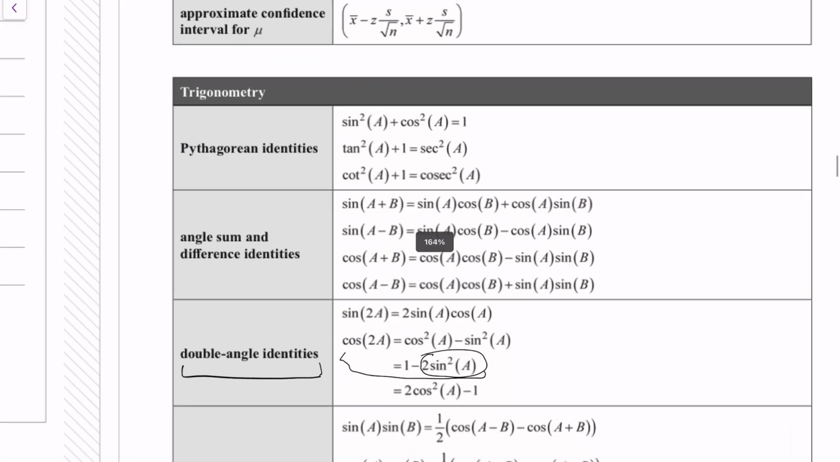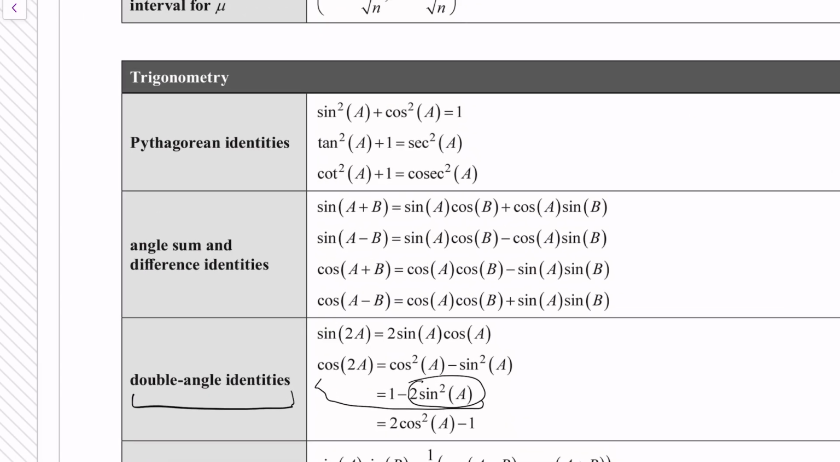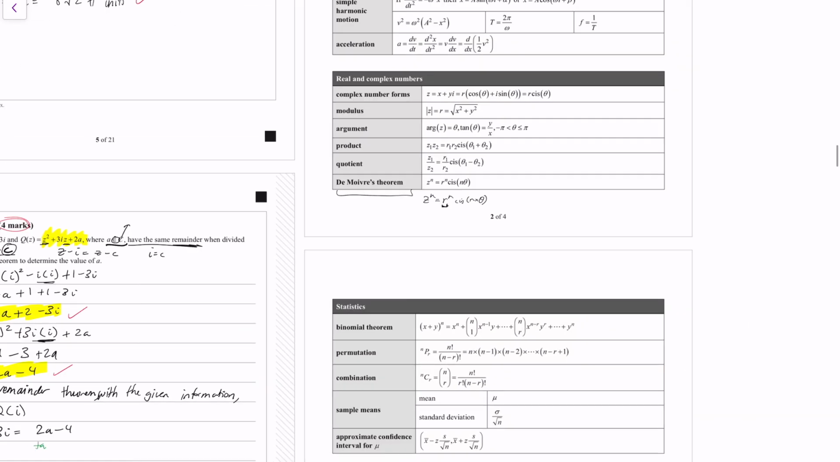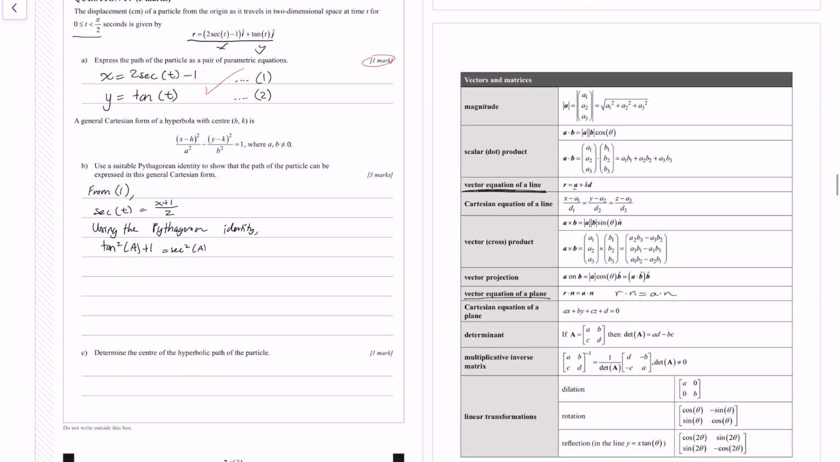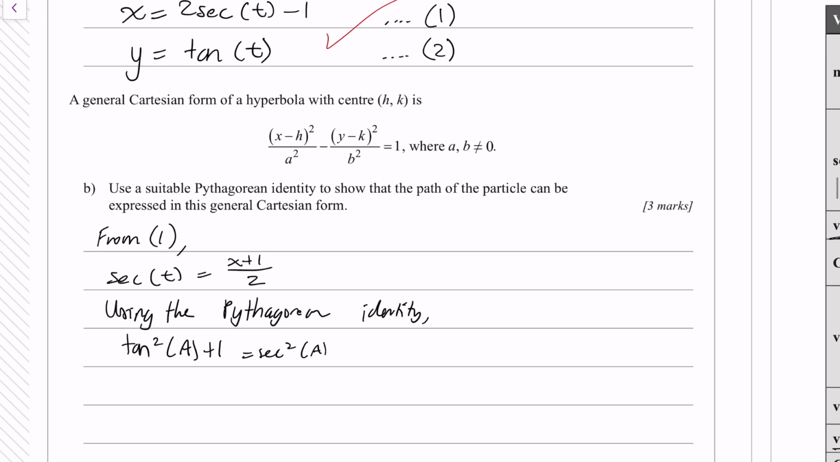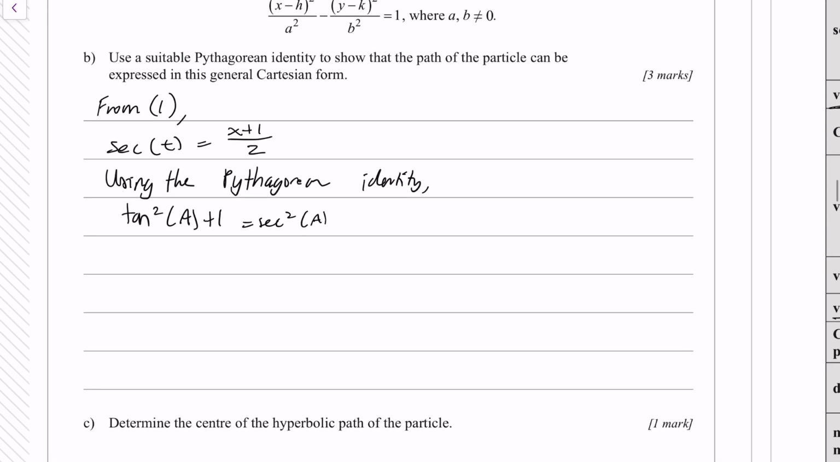Tan squared, this one. Yep, so Pythagorean identities. We have 3 to choose from. We just choose the one with the sec because that's what we have there for the x part of the equation. Okay. And then